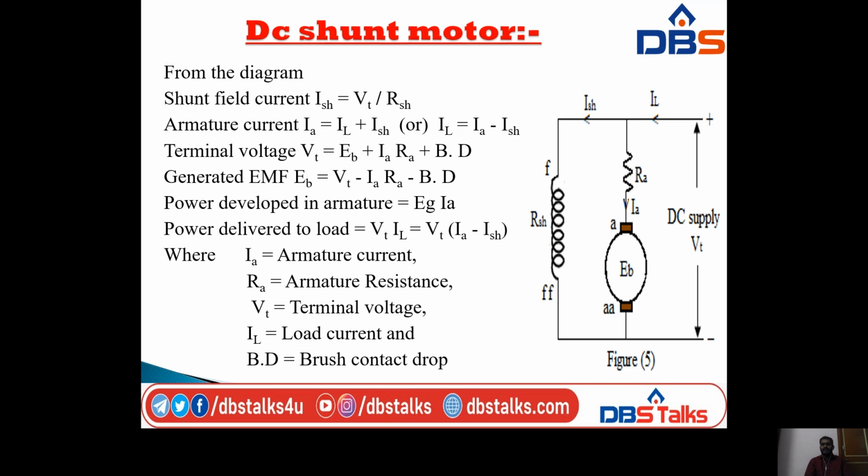So you know already Ia is the armature current, Ra is the armature resistance, Vt is the terminal voltage, IL is the load current, and Bd is the brush contact drop. So this is for the DC shunt motor. And next I am going to